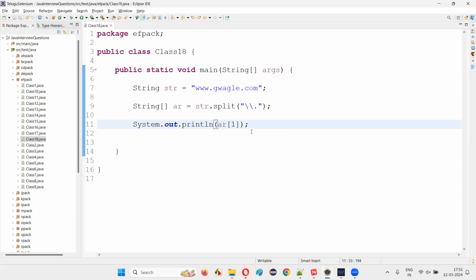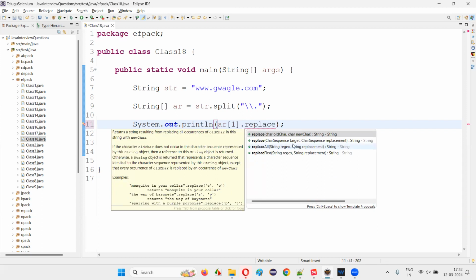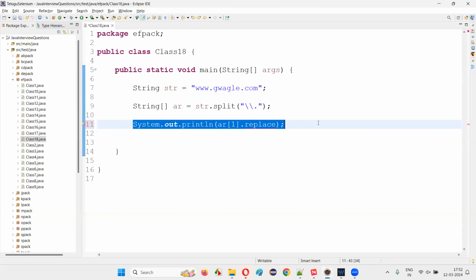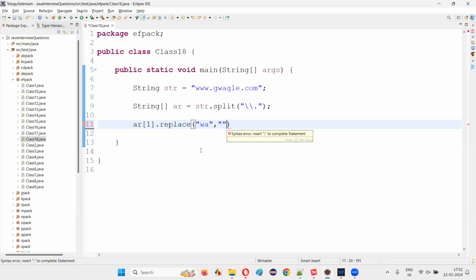To convert that, here AR of 1 contains gwagle. I'll use a method known as the replace method, okay? Replace, you can use like this. If I write the program in a descriptive manner, AR of 1 will contain the extracted gwagle, dot, I'll use a string method known as replace. Replace what? I would like to replace this WA with OO. Here in double quotes, give WA. This WA needs to be replaced with OO so that it will become Google instead of gwagle. Okay, OO. And now this replace will return you